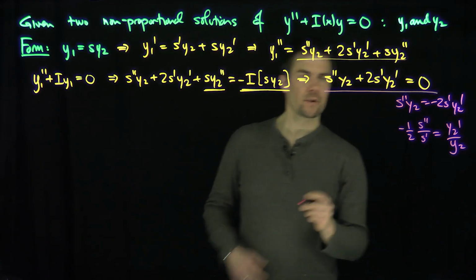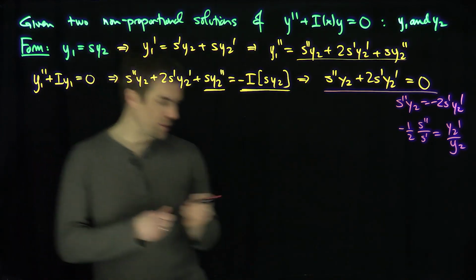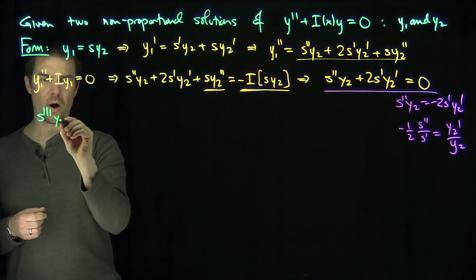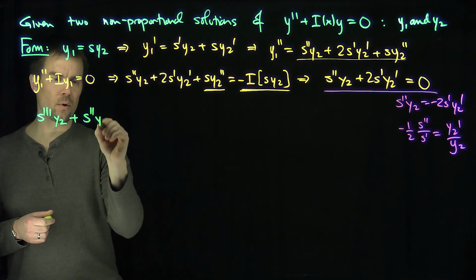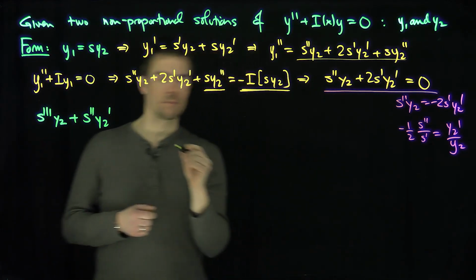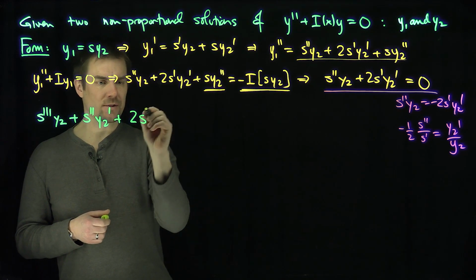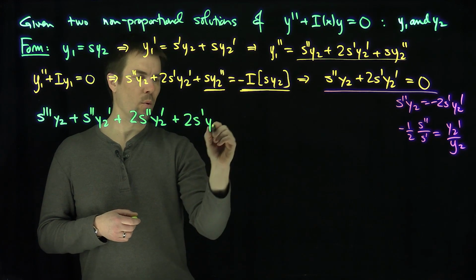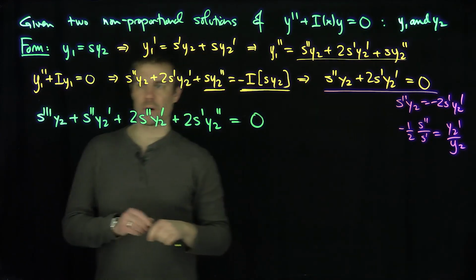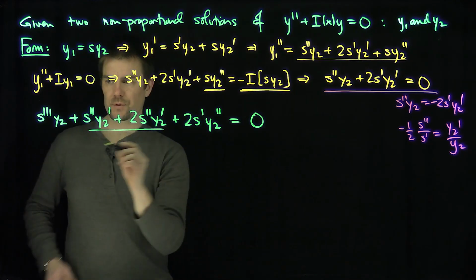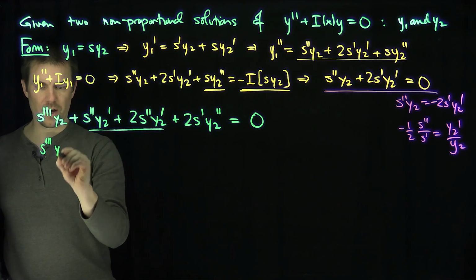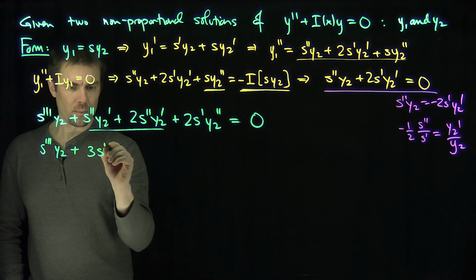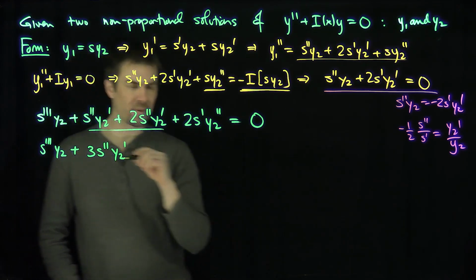So let's take our equation over here and differentiate it with respect to x. So if we do that, what will we get? We're going to get s triple prime y2 plus s double prime y2 prime. That's the derivative of the first term over here. Plus, I'm going to have a 2 s double prime y2 prime plus 2s prime y2 double prime equals 0. Okay? So we can gather these common terms over here. So that's going to be an s triple prime y2 plus 3 s double prime y2 prime is equal